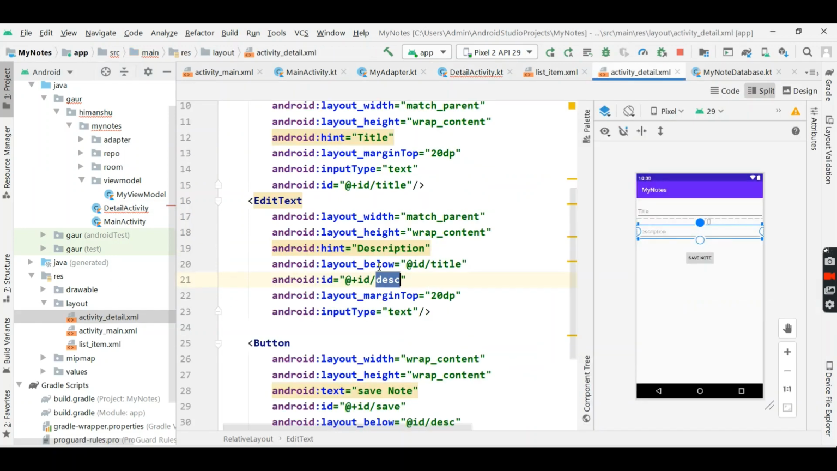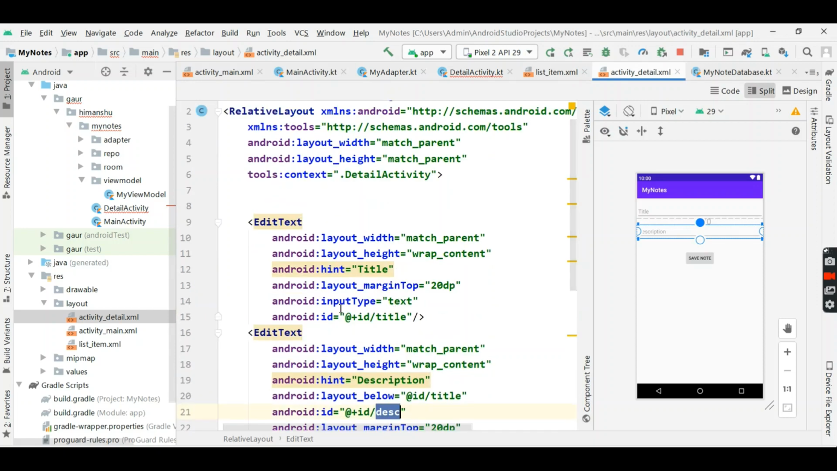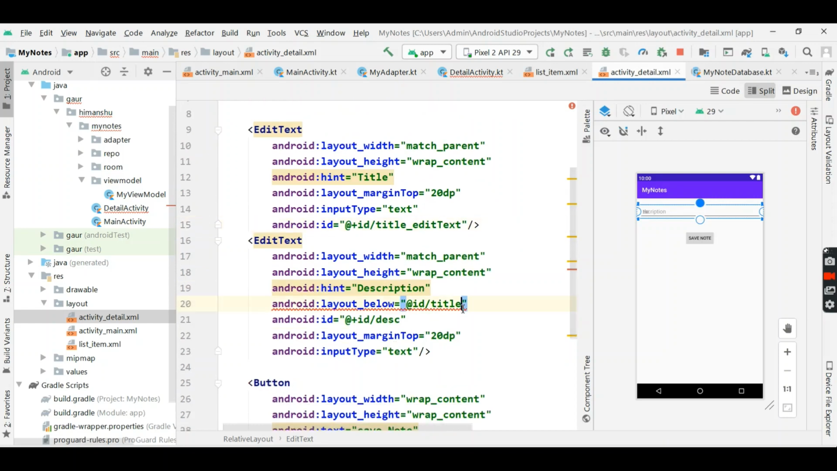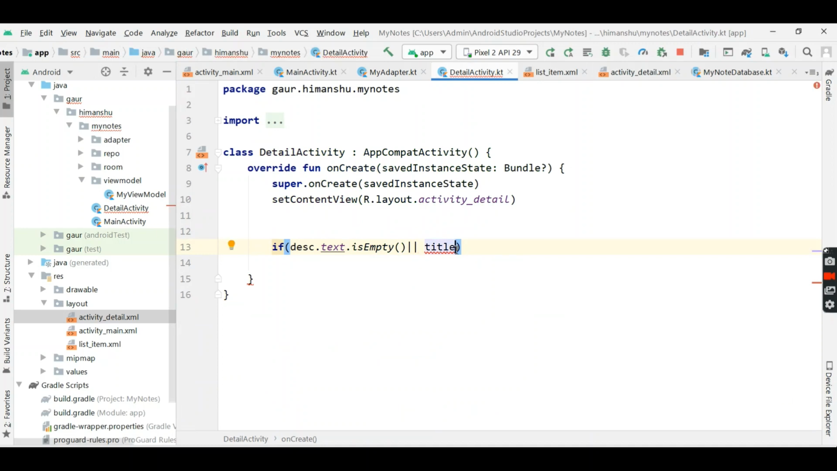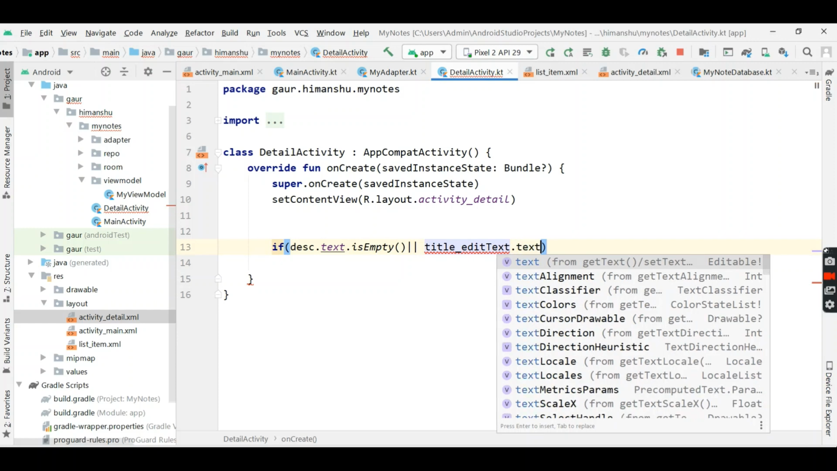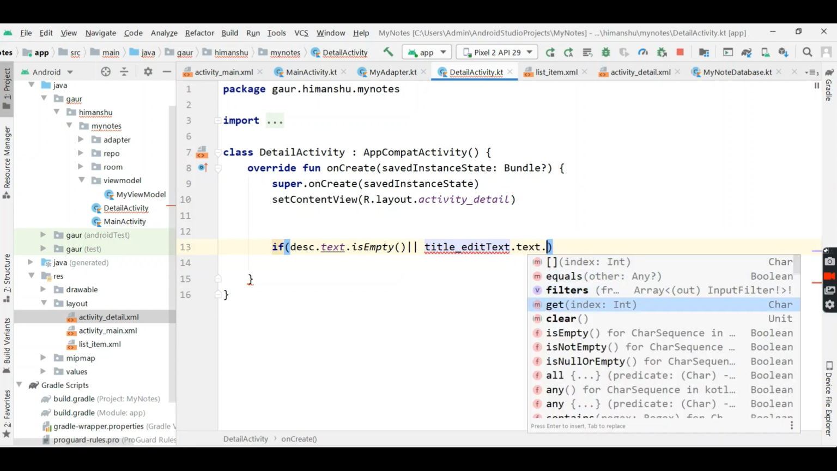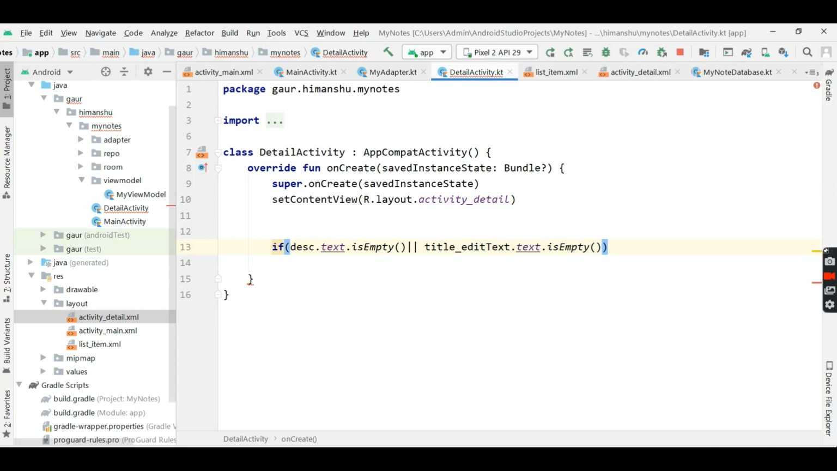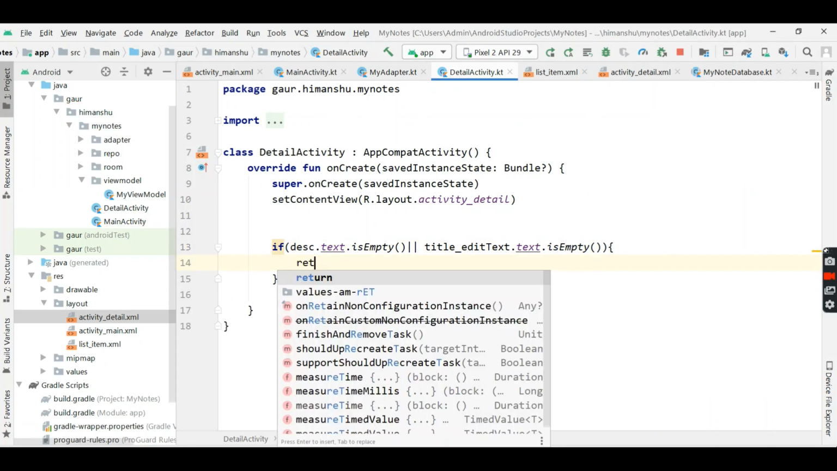So go in our detail and change this id to title edit text. So change here title edit text. Now it's fine. Go in our detail activity. So title edit text dot is empty. Okay, if it is the case, then return,